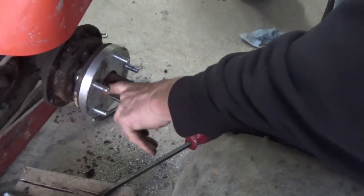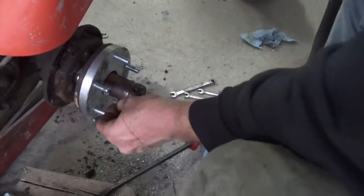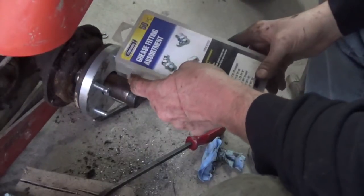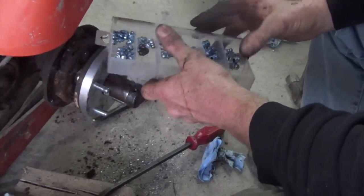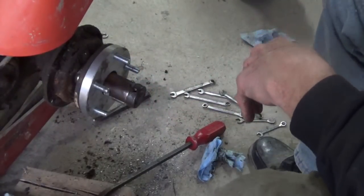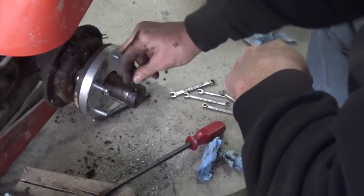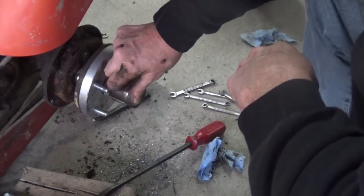Okay guys, so you can see I couldn't get the 90-degree grease fitting back on there, but I managed to put a 45-degree in, so that's not bad. I bought a selection of grease fittings, I think at Harbor Freight, God knows if they'll work. Okay, so I got that in there. I'm going to put these set screws back in here,